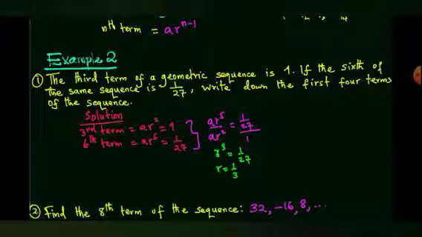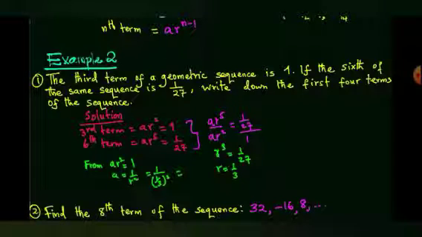Now with that, we can also work out A from A R squared equals 1. A will be 1 over R squared, and that is 1 over a third squared, so that will be equal to 9. So therefore,